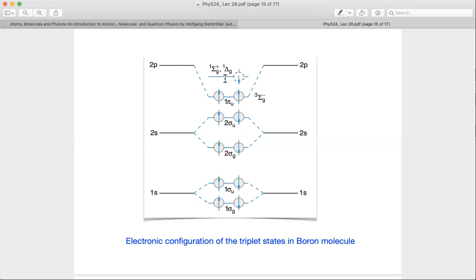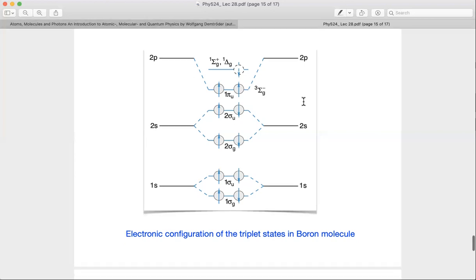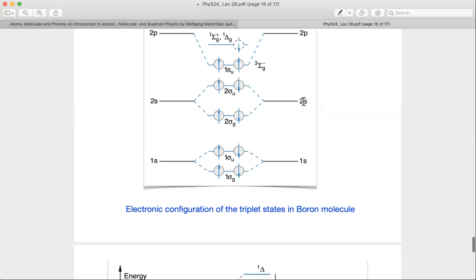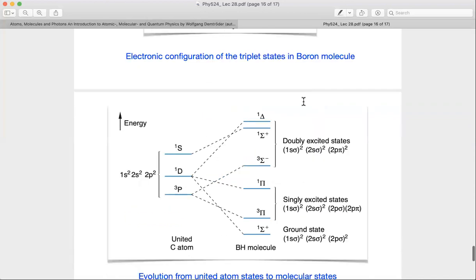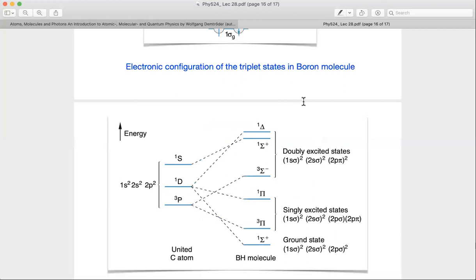Of course, this I would not have known without doing a calculation, etc. But I could have guessed what states it will form. Okay, so according to that, I can write down the splitting of these 2p levels. Okay, so that's one. Then another way of looking at all of these, etc., is this kind of a picture.